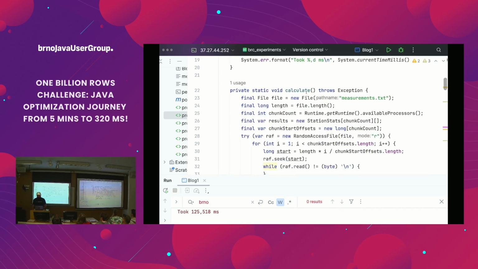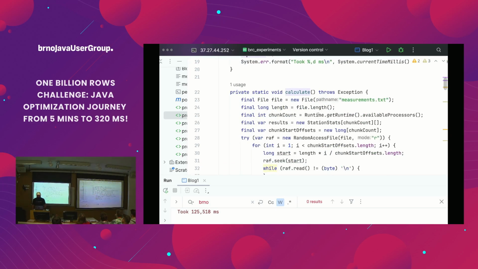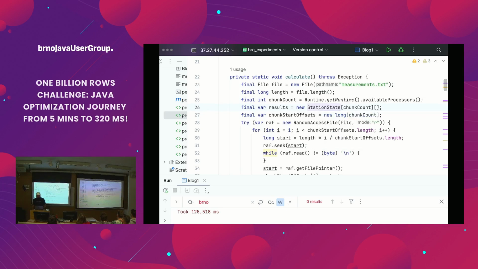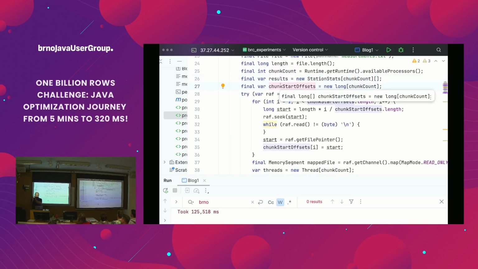So what we basically do is, okay, the main starts the clock and runs calculate, which will open the file and check how many cores we have, or the chunk count, because if we have 8 cores, we will have 8 chunks. We create a 2-dimensional array for results. We calculate where each chunk should start.